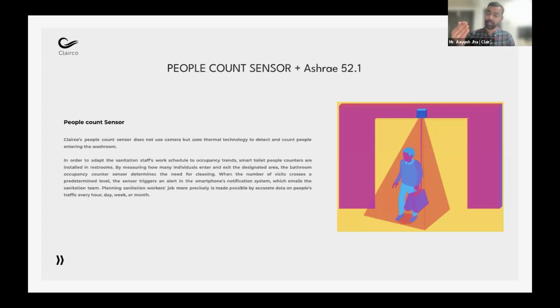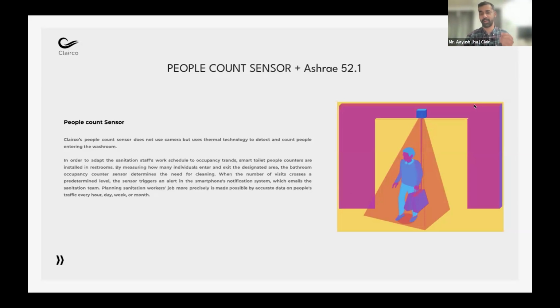We need to start predicting. The occupancy is a great way of understanding that. By the way, the same people counting can also be used for HVAC energy efficiency, but because that's not the crux of the conversation today, I've touched upon this topic at a different webinar, also managed by a thermal control team. So today, because we're talking about air quality, I'm talking about presence and the requirement to understand the number of people in that zone.